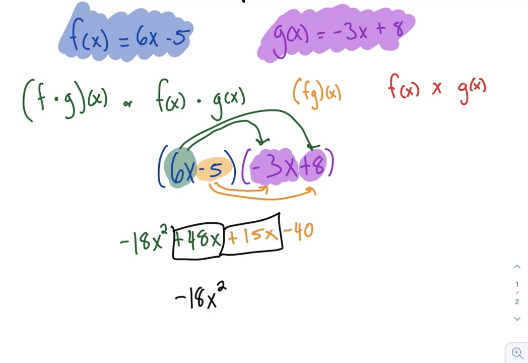So I'm going to have to combine those two together, and that's going to give me 48 plus 15, which is 63x. And then there's only one constant term, which is negative 40. So I'm now finished combining those two middle terms that join together to become that 63x. All right, and we'll write this as f times g